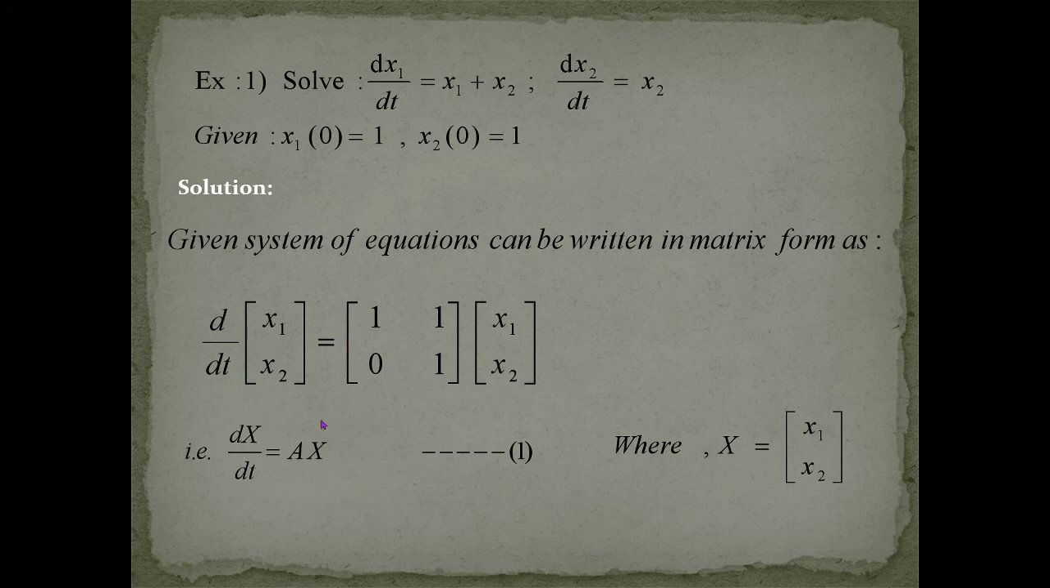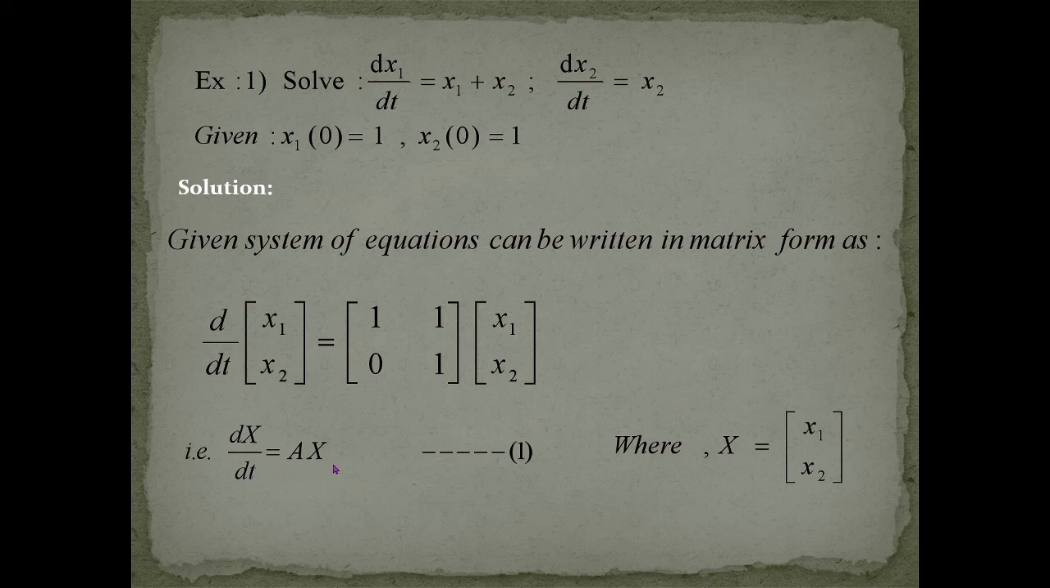Now we need the solution of this system to get the final answer. The solution can be easily obtained by separating the variables. When you separate the variables, take dx and x on one side and dt on the other side. So we'll be getting dx upon x is equal to A into dt. Okay, now integrate this. Integration of dx upon x is log x, A is the coefficient matrix constant, integration of 1 dt